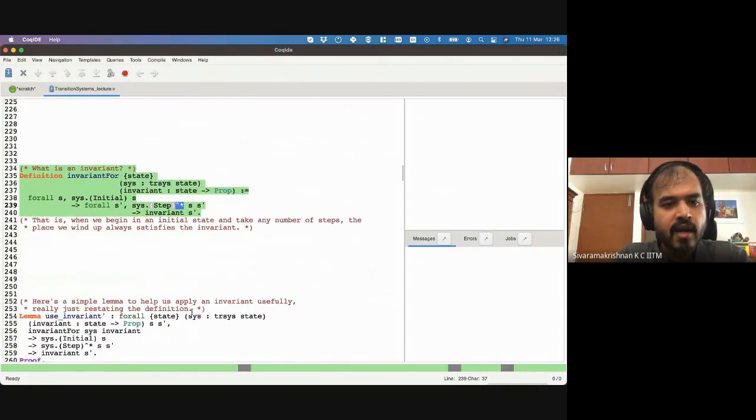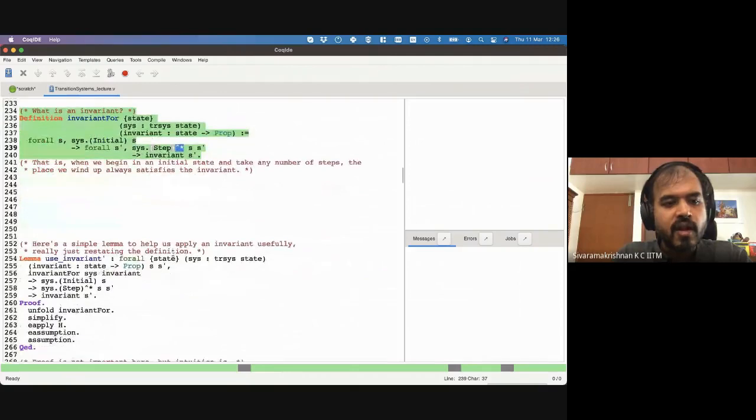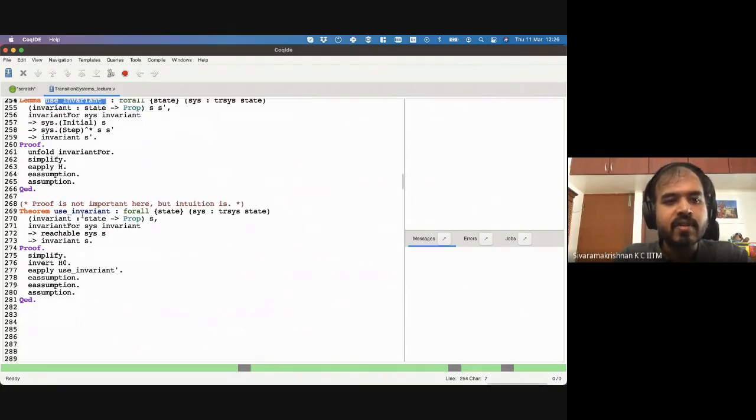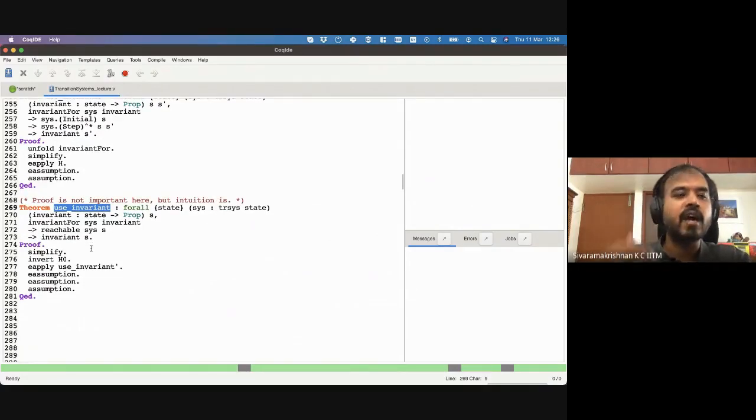Okay. So now, again, we are going to use a lemma to prove and use invariant. But what does it mean to use an invariant? How do we actually use an invariant? Why do we want to use an invariant? I want to prove some property, and whenever I see an invariant, I want to use that property. And what does that mean? The intuitive reading is that